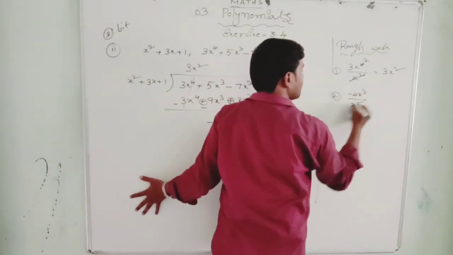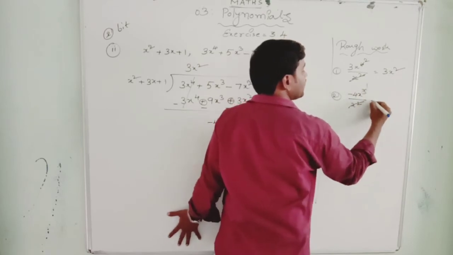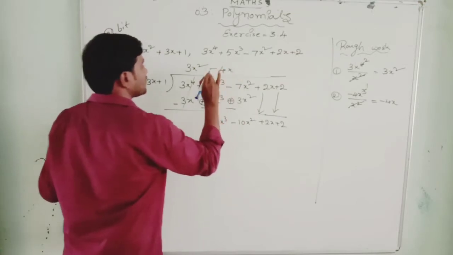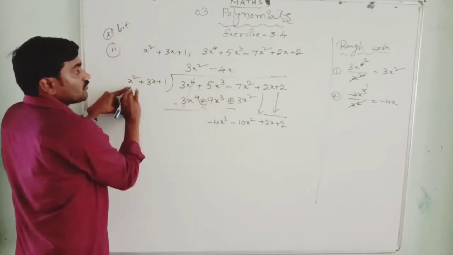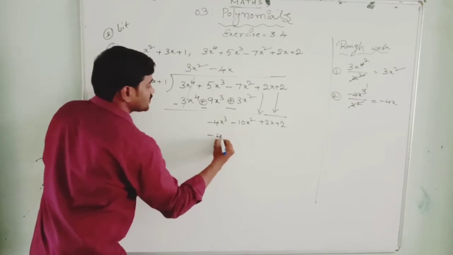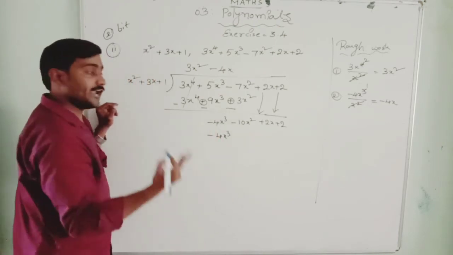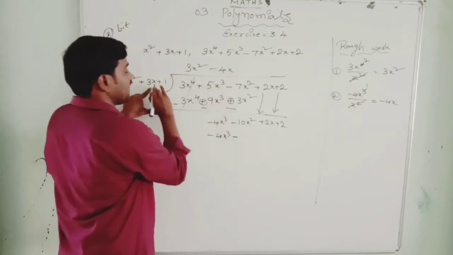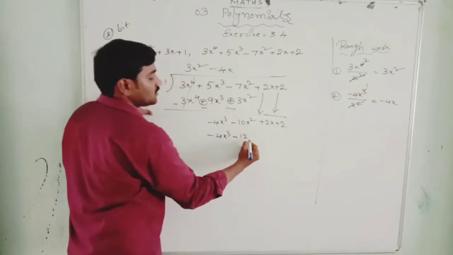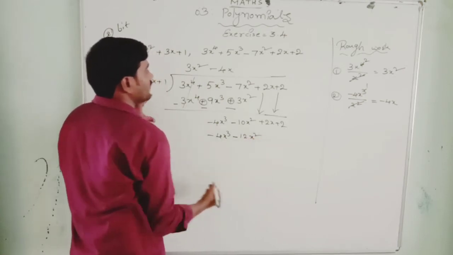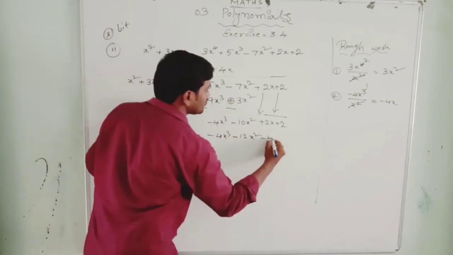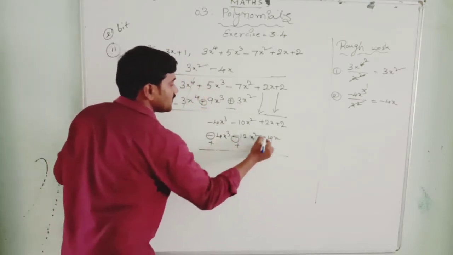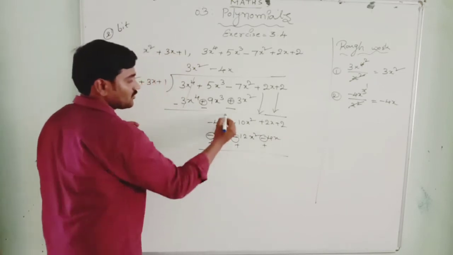by x square. x square cancels, x is left, that is minus 4x. Let us multiply minus 4x into x square, minus 4x cube. The first term we always get the same, and plus into minus is minus 4x into 3x, that is 12, 4 threes are 12, x into x square. Then 1 into minus 4x is minus 4x. See that it is becoming plus. This is plus and this is also a plus. Now we can cancel both.